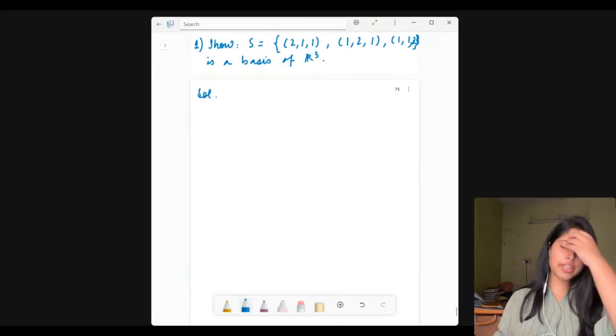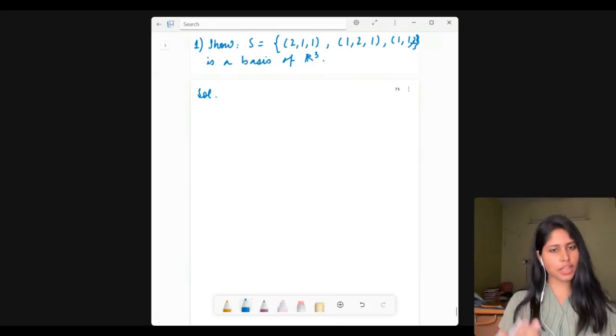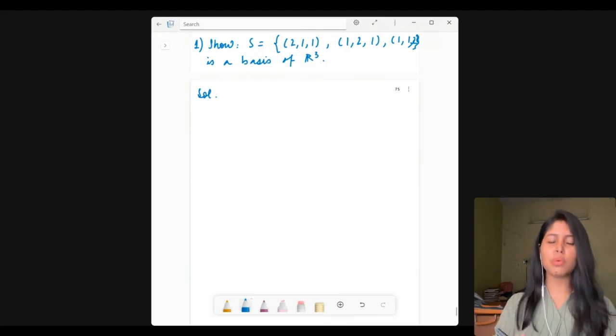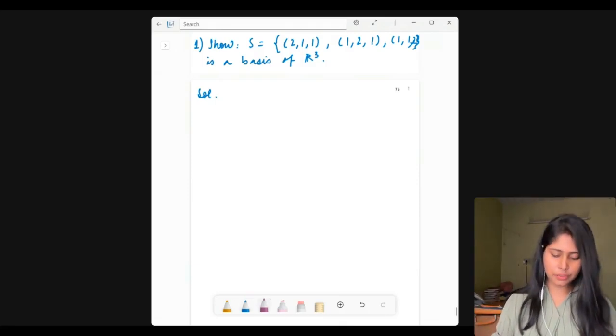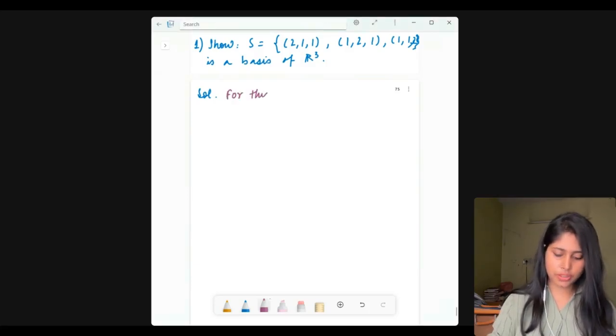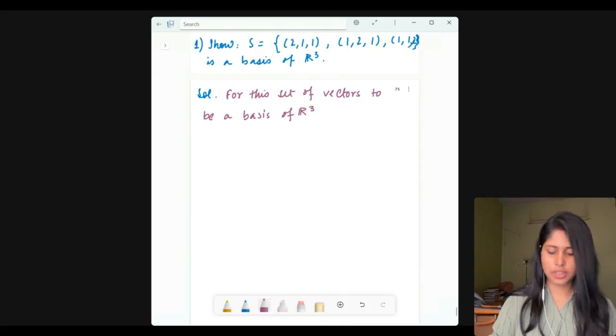First, you need to mention what conditions it needs to satisfy for it to be a basis, right? So that the teacher can understand that you actually know the meaning of basis, and then you are trying to prove that it is a basis or it is not a basis. So let me start with that. For this set of vectors to be a basis of R3, it must satisfy